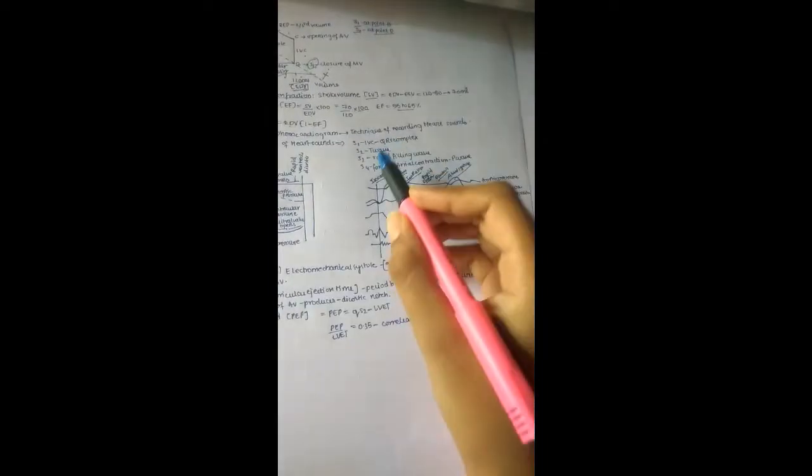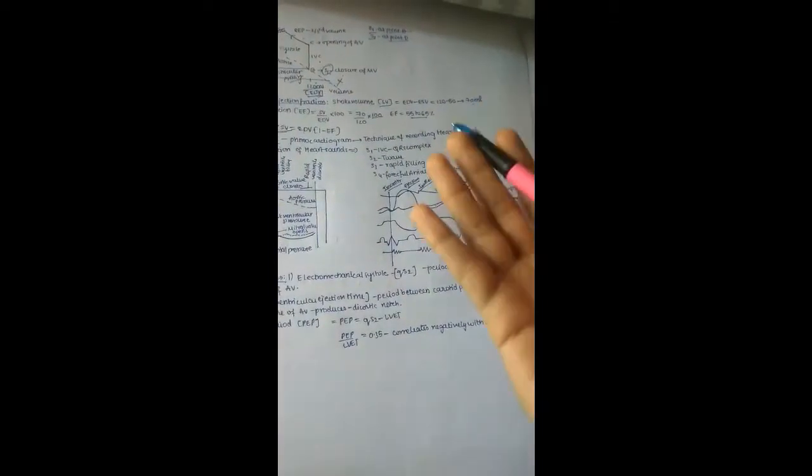And next, coming to Wiggers diagram. The Wiggers diagram is also simple, let us understand this. Here we have the phonocardiogram, which is a technique of recording the heart sounds, that is, our S1, S2, S3, S4. So the ECG correlation of heart sounds, we'll see here.